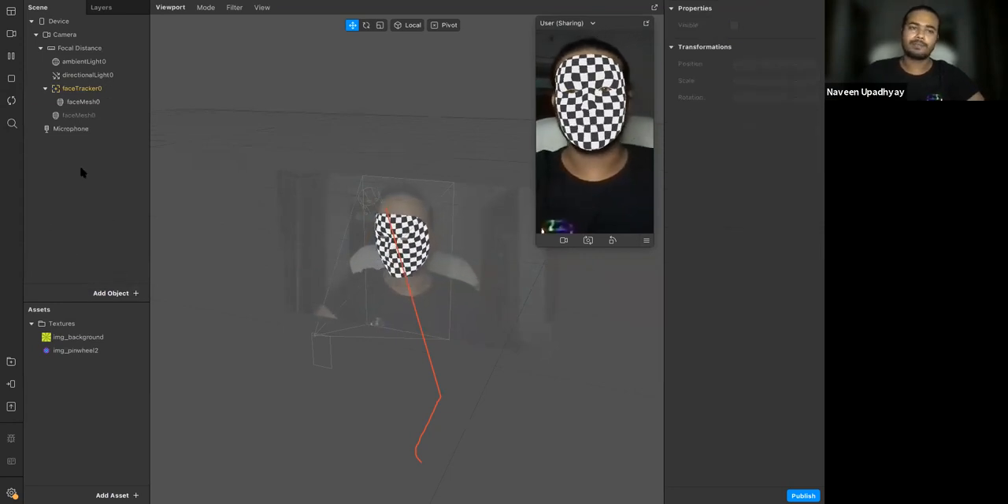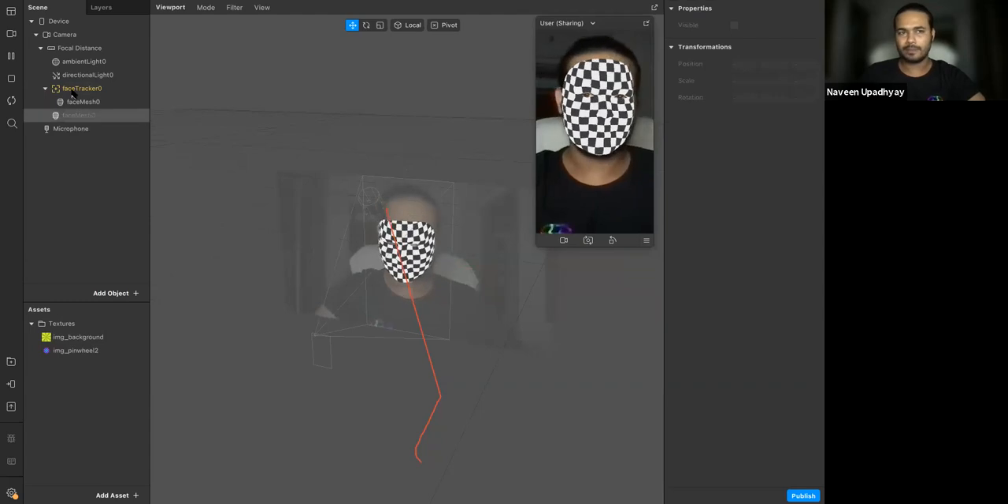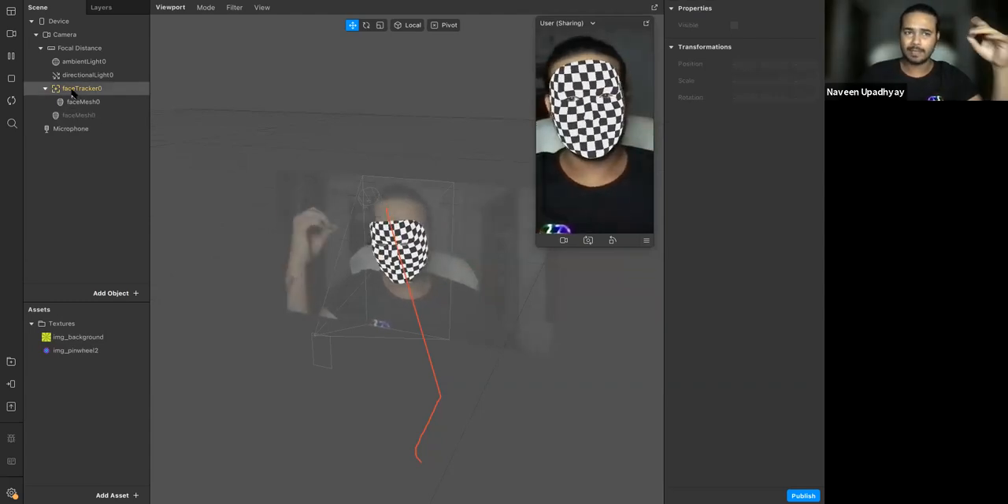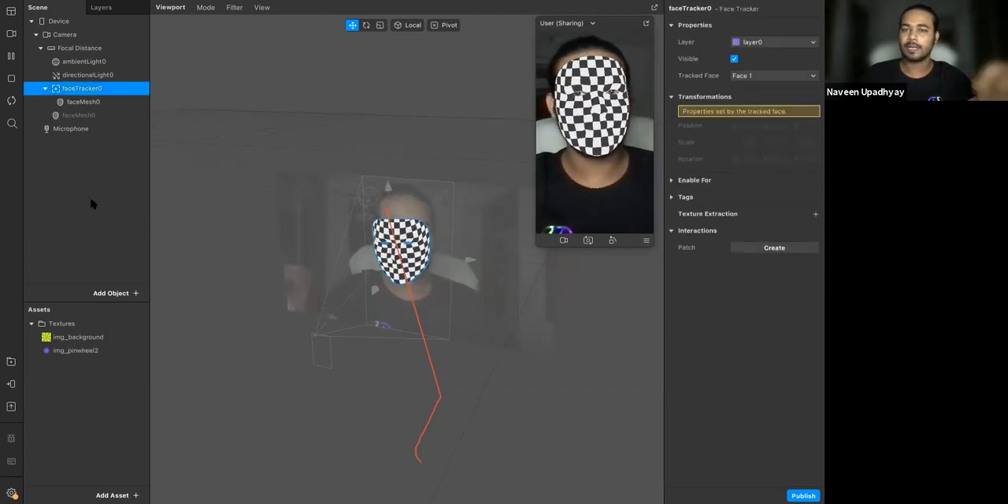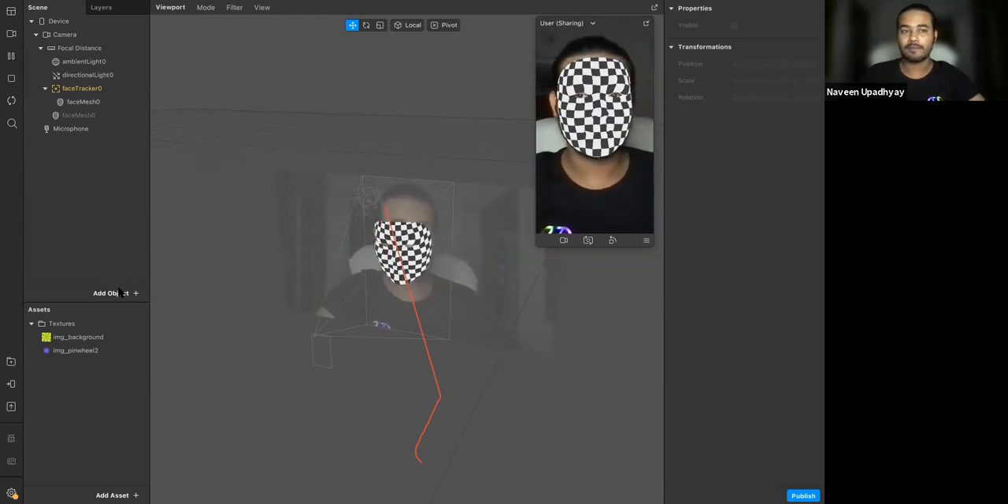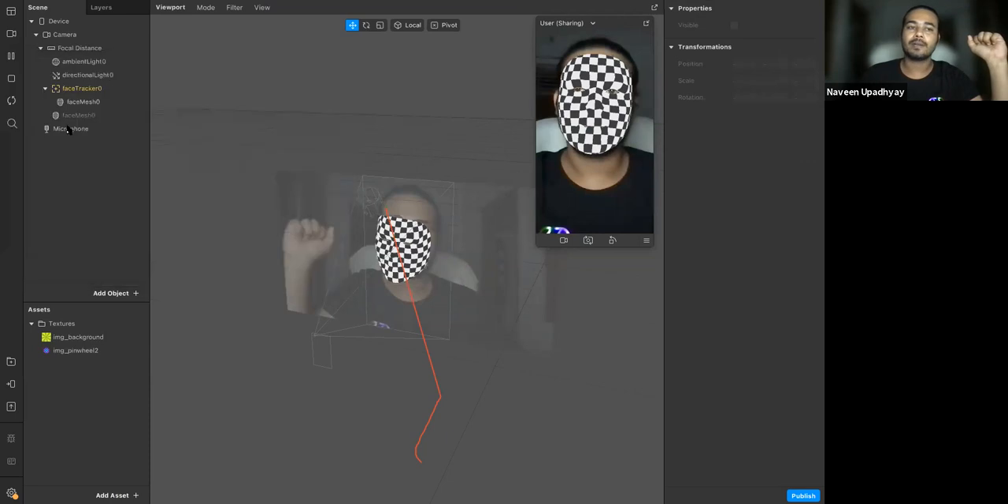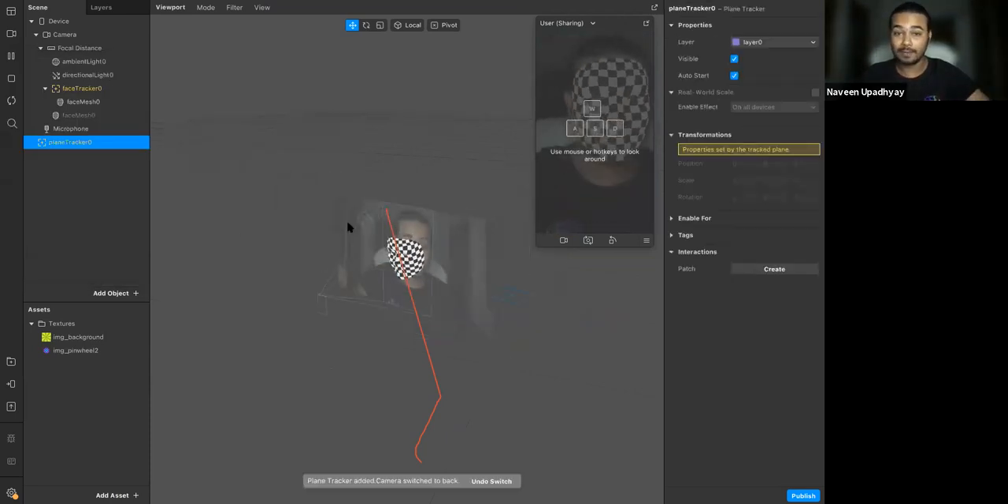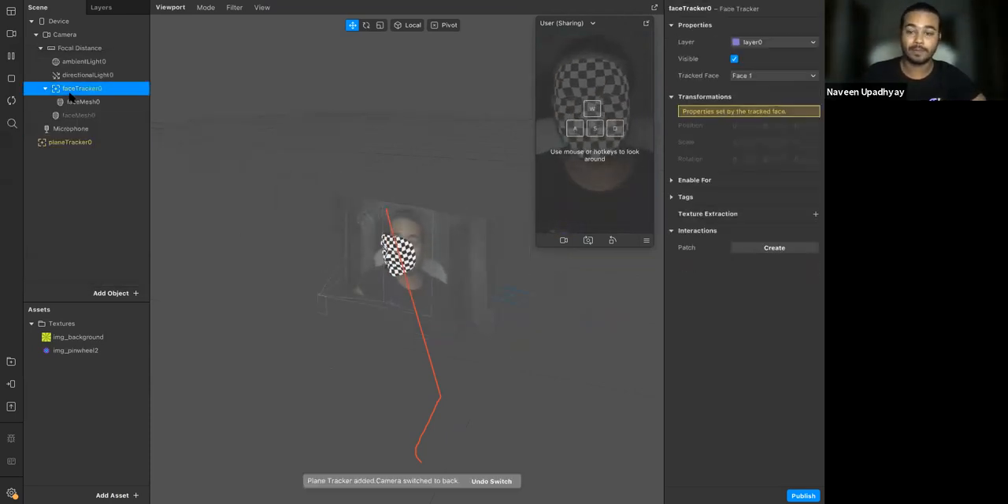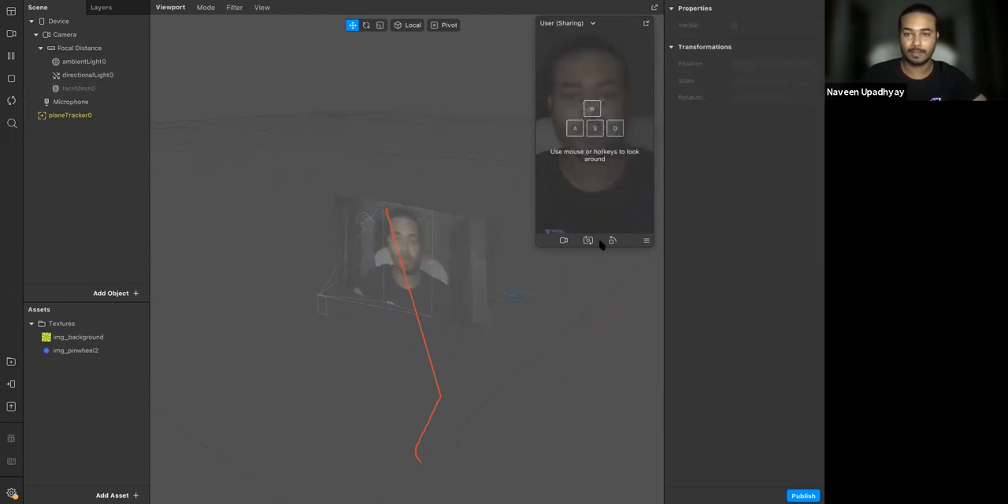Okay. So there are some other trackers you could add here. These are the trackers that you need to understand, like what other kinds of trackers there are. So there's a face tracker, there's a plane tracker. A plane tracker would be a tracker that will track a plane. Okay, so I'm gonna remove the face tracker for now. And then, a plane tracker,